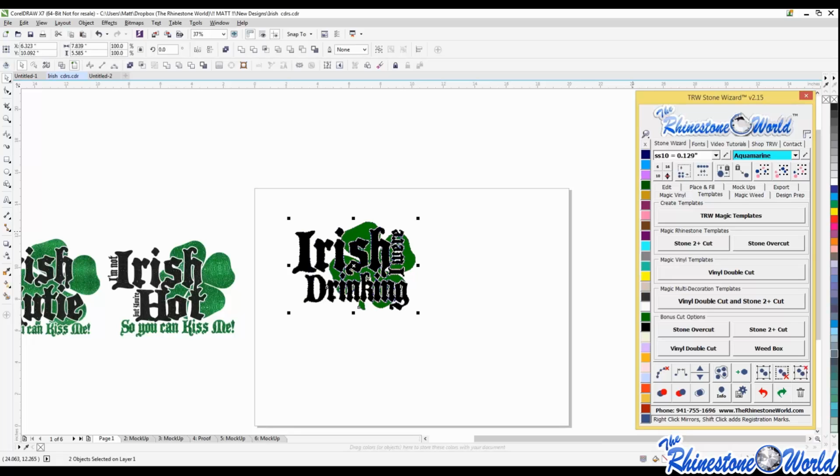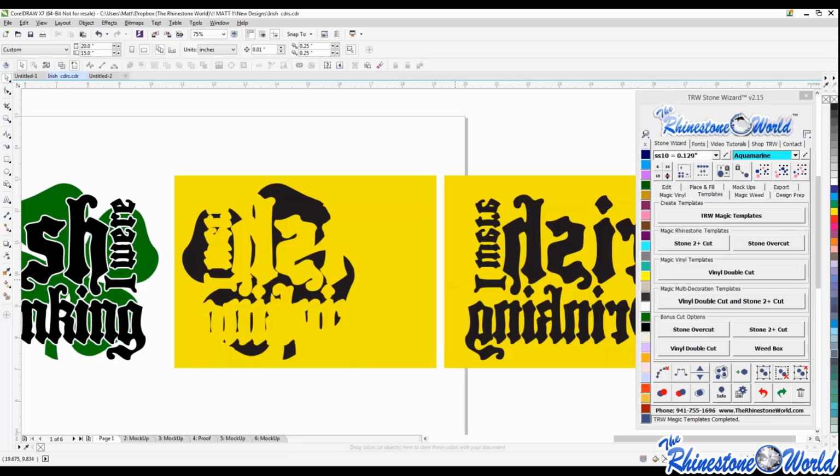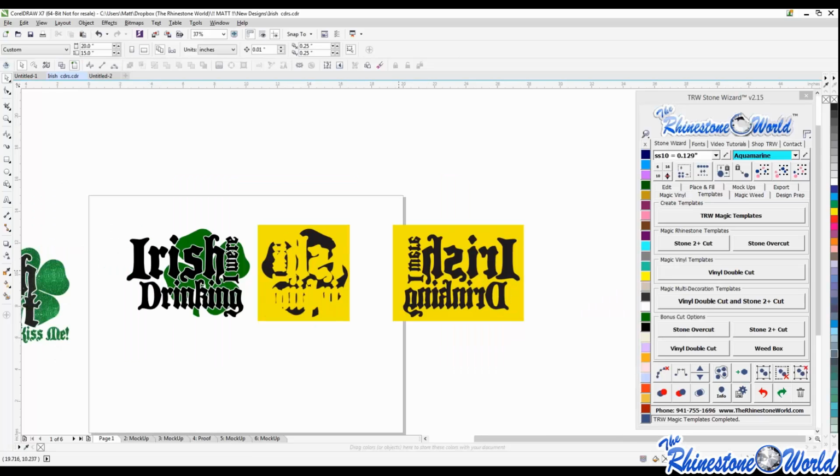So what we would do, obviously, if we had this design, what our templates will do is they're automatically going to make the boxes the same size because it wants to do it for rhinestones. So if we're cutting this for heat transfer vinyl, we don't want to cut this extra material that we don't need to. So what I would do is just real quick, drag it over,